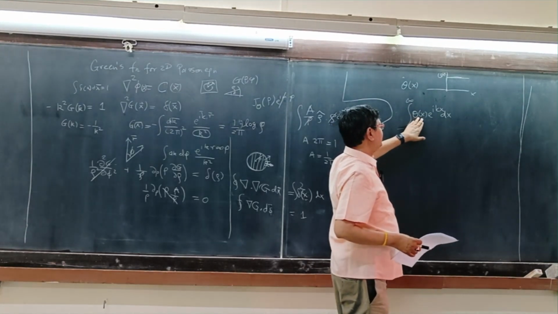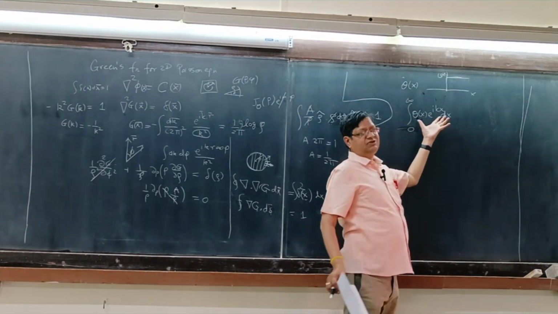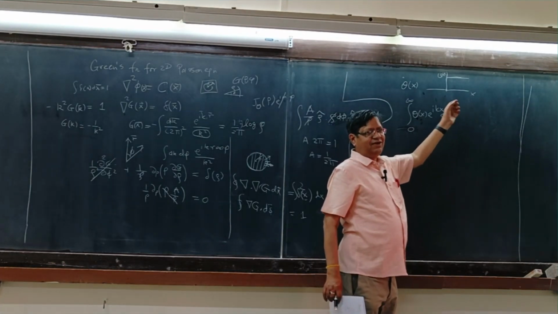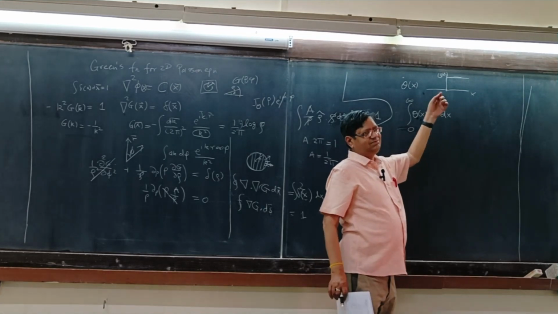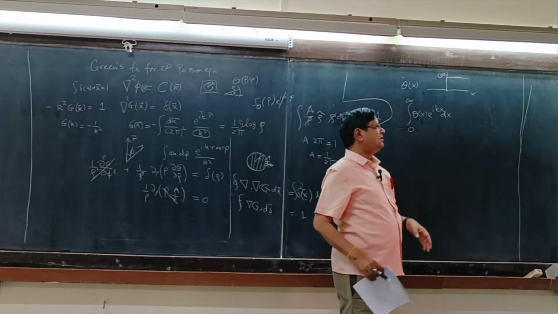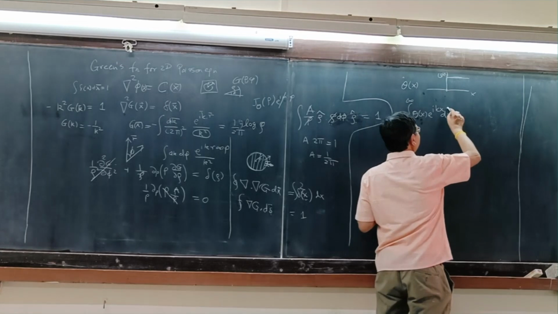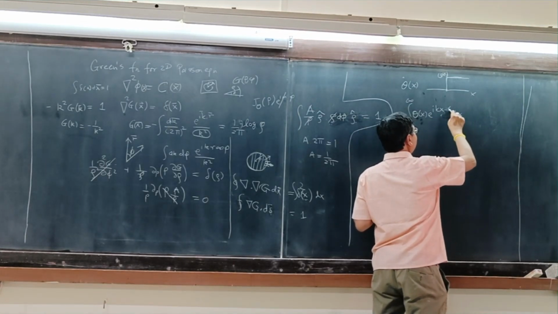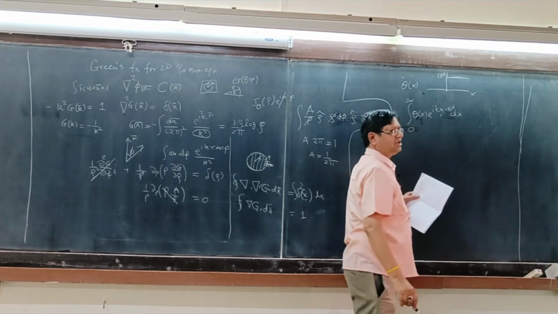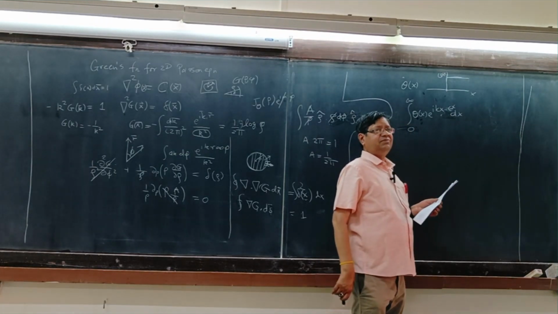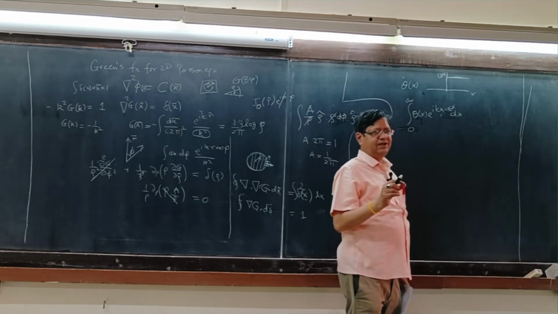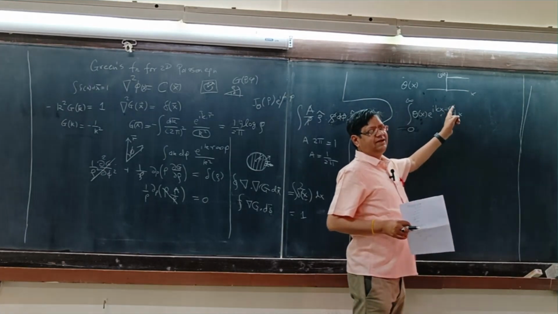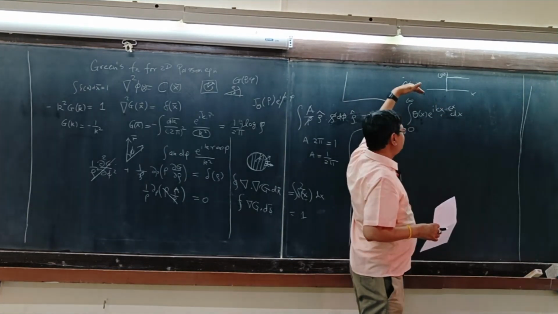Okay, but it turns out this integral will not be convergent, because e to the i k x, sine kx or cos kx, dx is oscillating all the time. So you put a small suppression term, minus epsilon x. Epsilon is positive but a small quantity, so epsilon tends to 0. But now it is suppressed.